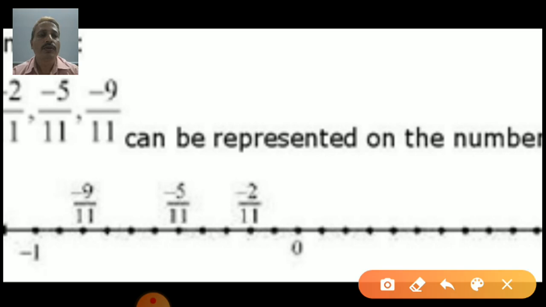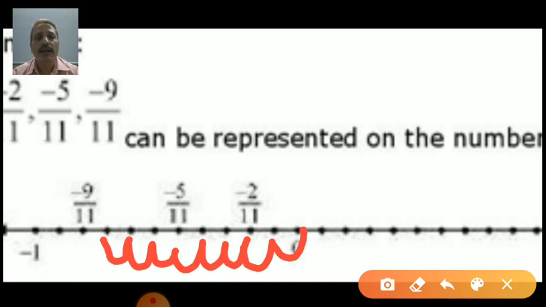First number, what is the first number, student? Minus 2. So I will jump 2 steps, 1 and 2. My first number is over. Now second number, 5 jumps, 2 then 3, 3 then 4, 4 then 5. Now second number also I reach it. Now third number, minus 9. So move 4 more steps, 6, 7, 8 and 9. So these are my 9.